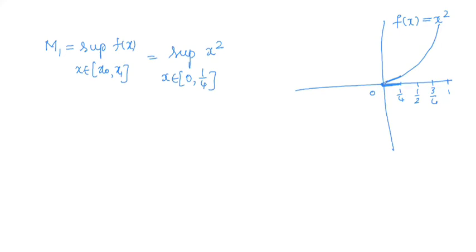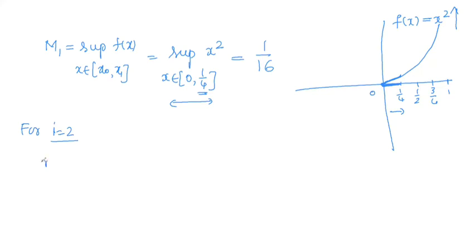So what is the maximum value? It is 1 by 4 whole square, as the function which we have considered is a strictly increasing function. As the function is increasing, as the x values increase, the function values also increase. So the maximum value of x in this interval is 1 by 4, so the maximum value of x square will be 1 by 16. Like this, calculate for i equal to 2, i equal to 3, and so on.